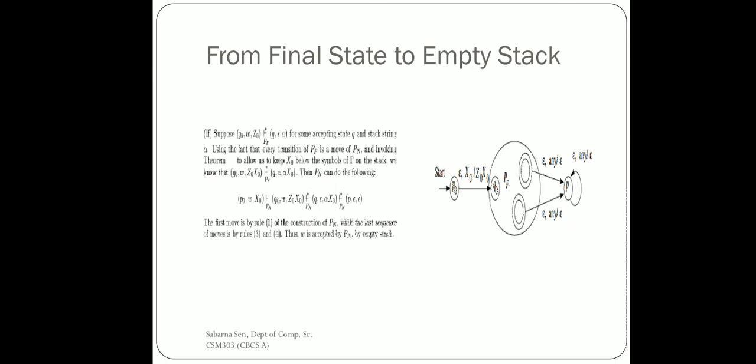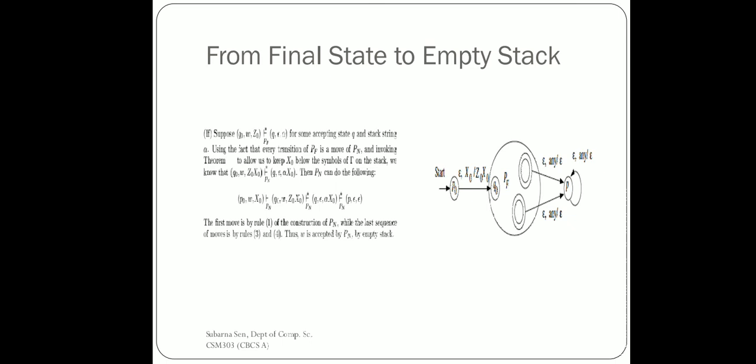That means we are just in the initiation part. Total w remains, but because we have not yet scanned any of the symbols, and Z0 means the initiation of the stack. So whatever the transitions of PF are doing, we will do the same thing, and at the end of the day we will just reach the state q, and w becomes epsilon, meaning that nothing remains, and everything